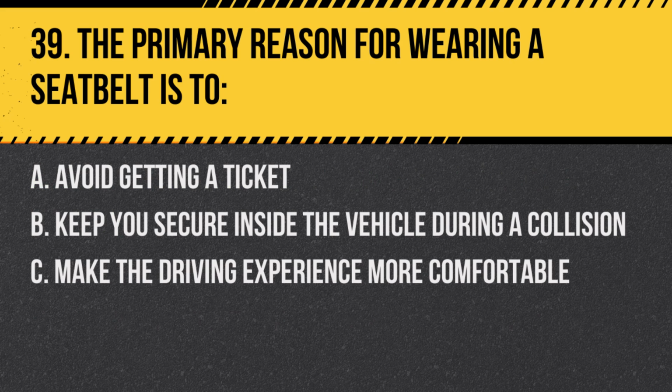Question 39. The primary reason for wearing a seatbelt is to A. Avoid getting a ticket. B. Keep you secure inside the vehicle during a collision. C. Make the driving experience more comfortable. Answer B. Keep you secure inside the vehicle during a collision. Seatbelts are designed to reduce injuries by preventing occupants from being thrown around or ejected from the vehicle during a